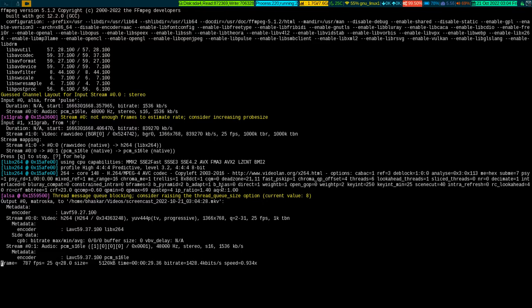Specifically, when I used to sit on a headless server, this is one of the packages that should be on the server for various